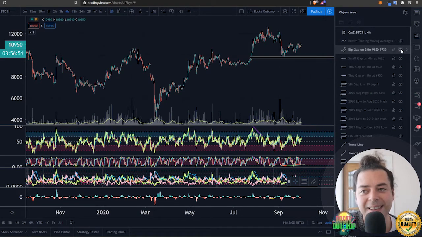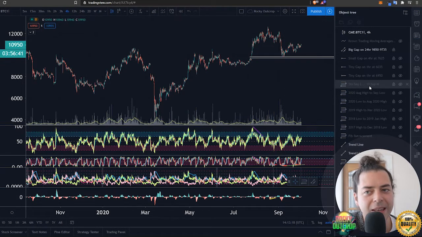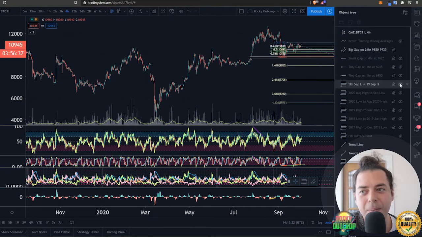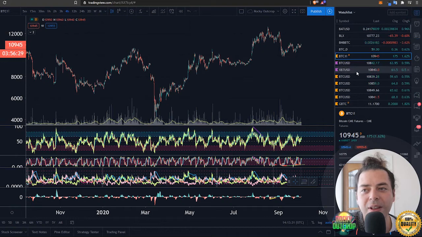How great is that? What if I also want to take a look at something, for instance, the 5th of September low, coming in from when we filled in this gap partially over here up to the 19th of September high Fibonacci retracement. How about that? Pop that on. There we go. How handy is all of that? So that's pretty good. And I also wanted to show you that I've done the same thing over on the